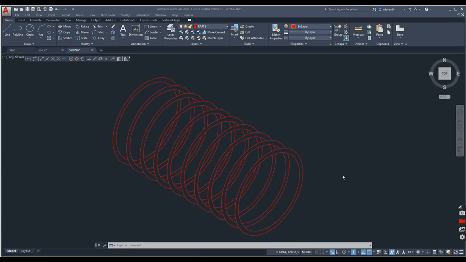The last piece of hardware we're going to draw here is the spring. Springs are very hard to draw in isometric, very easy to draw in three-dimensional. So all we're going to do is go into your isocircle and create one here that is 0.45 diameter, one here that is 0.5 diameter. Copy them back 1, 2, 3, 4, 5, 6, 7, 8, 9, 10 times, about an inch, and